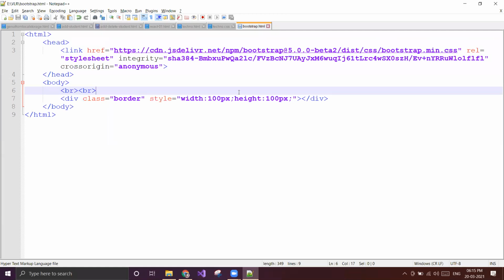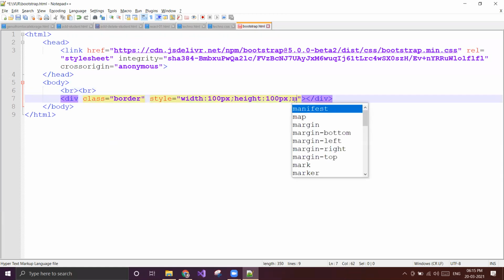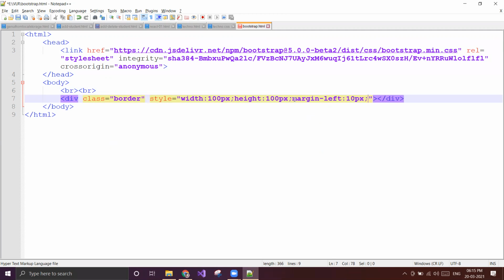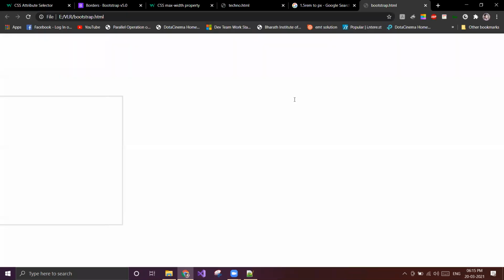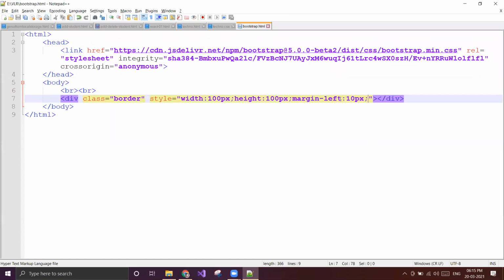Wait, let me move this a bit. So now you can see the whole border, isn't it?